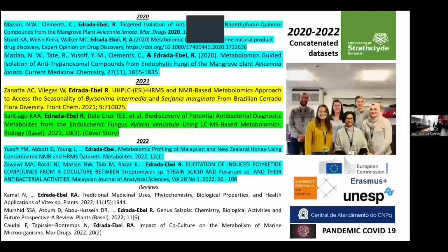Now let's go to 2020 to 2022. Here papers are also coming up using a metabolomics approach, but this time we are trying to shift. We are still using metabolomics, but we are trying to find new applications, and this time we are using concatenated data sets. What do we mean by concatenated data sets? We are using two